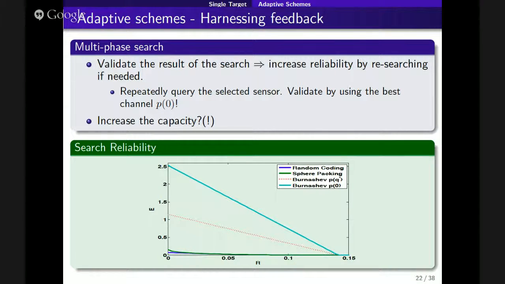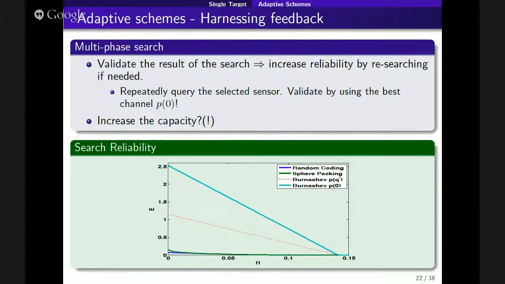But the validation I'm doing is over a specific sensor. I don't have n times Q star sensors I'm querying. I'm querying only a specific sensor in the validation phase. So this is why I get this increase.